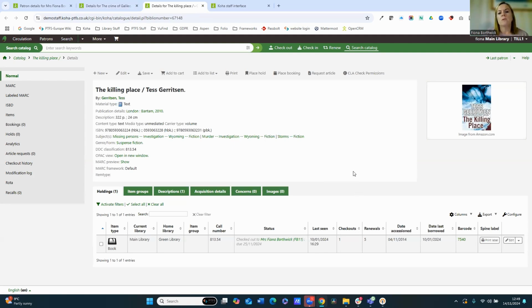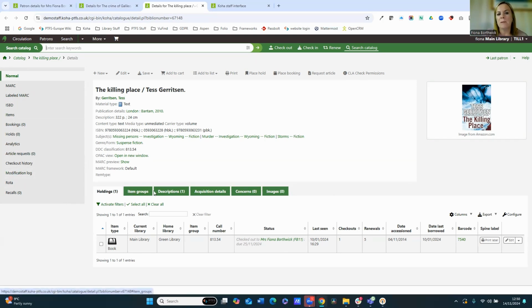Now, what you can also see is, of course, if I'd searched the catalogue and I pulled this record up in the first place, it would show that it's been checked out, and there I've got a link back to the user record. So I can navigate from the catalogue record into the user record. And just looking at both the catalogue record and the user record in parallel, you can see the consistency of the display through Koha. So, for example, on this catalogue record screen, we've got menu options down the left-hand side,